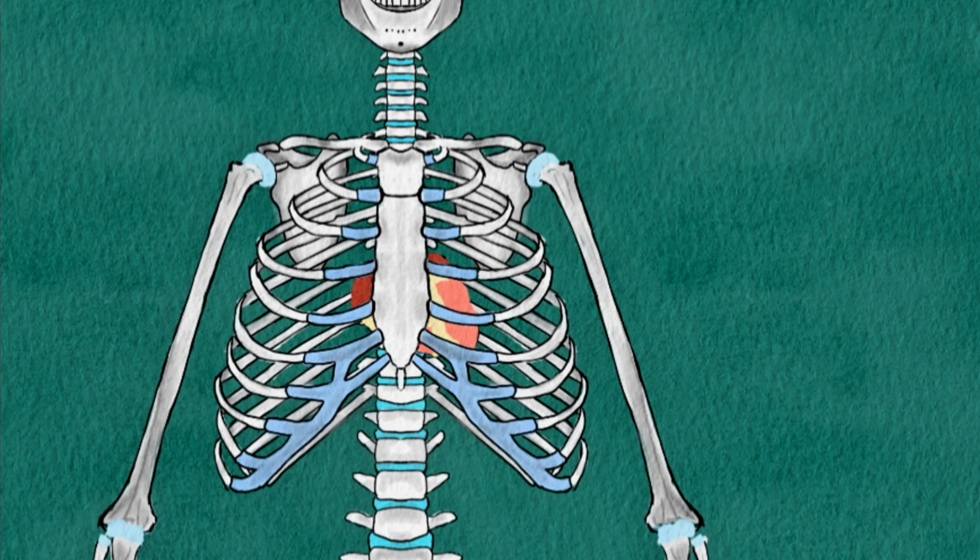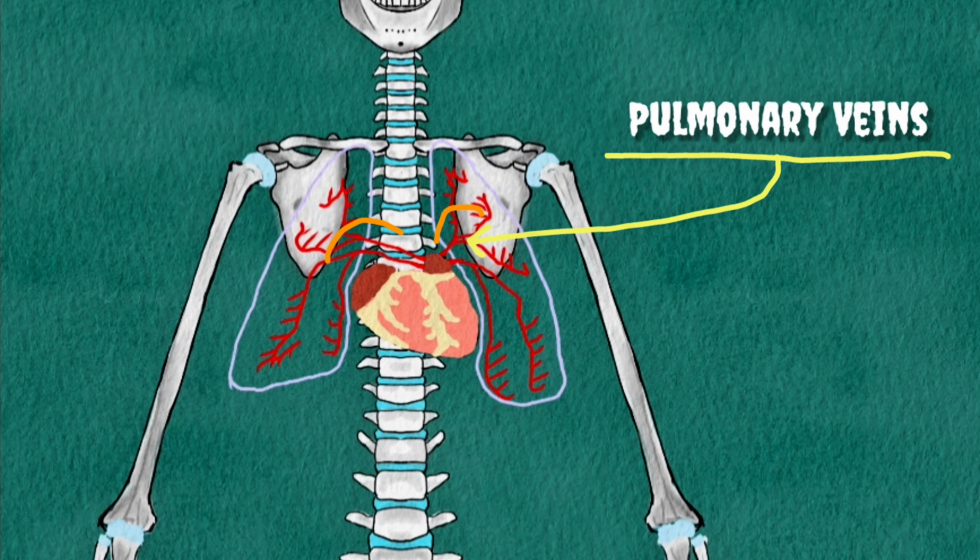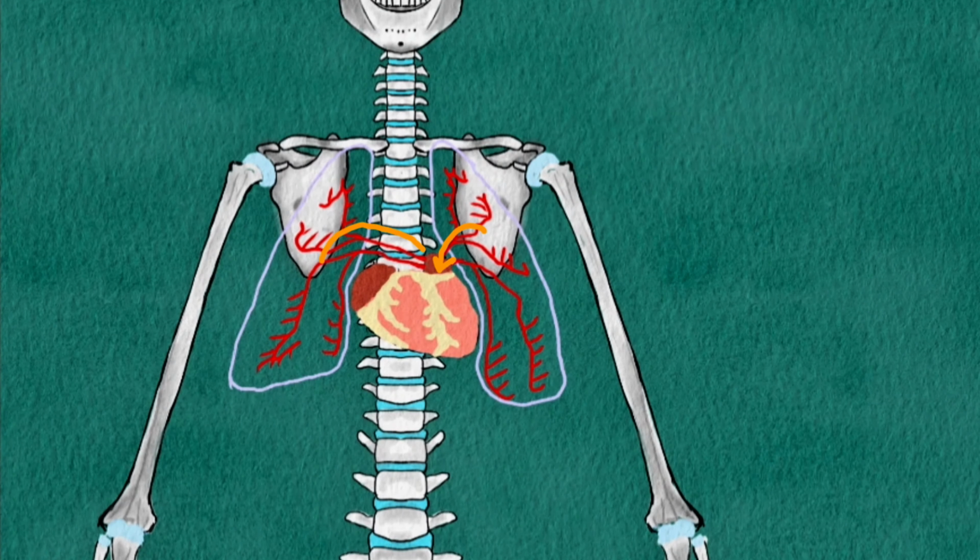There are four main groups of vessels involved in carrying blood into and out of the heart. Draining into it are the pulmonary veins, which carry oxygenated blood from the lungs to the heart. They are the only veins which have oxygenated blood. They drain blood into the left atrium of the heart, and the superior and inferior vena cava, which drain into